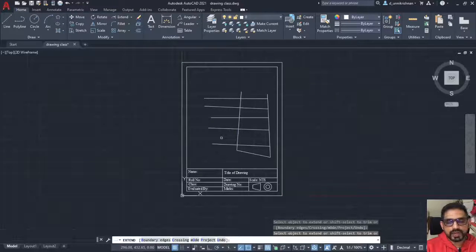This is quite easier in the 2021 version of AutoCAD. Had it been the previous versions of AutoCAD, you would have to again press enter twice. After entering extend, enter, and again once more you have to enter. It is to select all the lines as the extending entities or the boundary entities. That is how it is called. So be careful, those who are using a version lesser than 2021, you have to be very careful here. That's about the trim and extend.